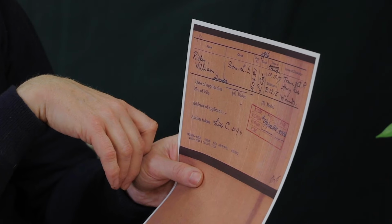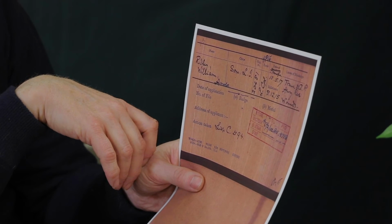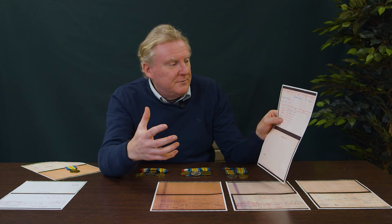And you can see here that he was transferred to the Army Reserve due to wounds. So again, we're building up a story of a man just from the medal card. Another man here only received 2 medals, the British War and the Victory, which means that they went out to France and Flanders and other areas of conflict during the First World War after the 1st of January